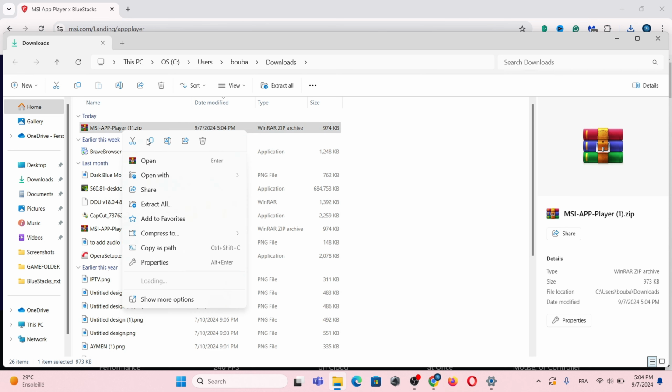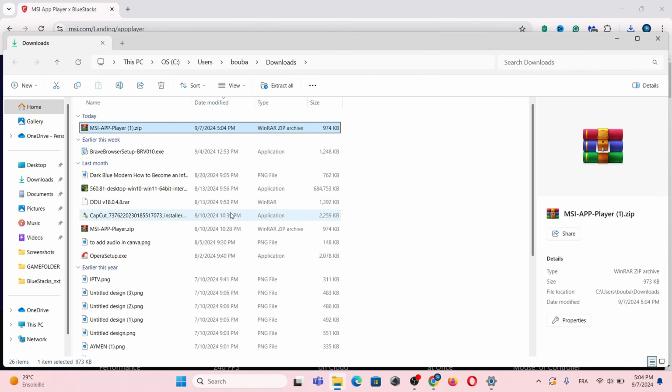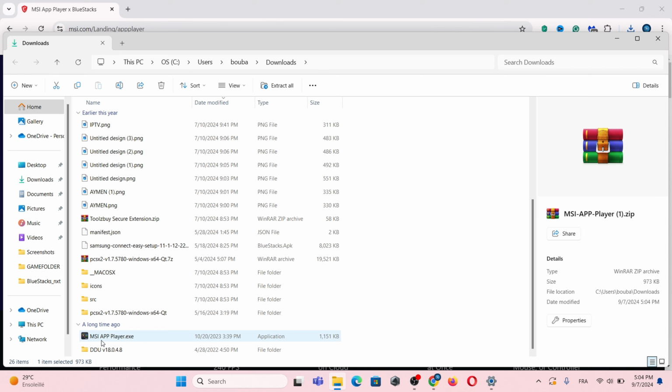Okay, and I will extract here. You need the WinRAR on your PC. So I do extract here. So right now I need to install the player. After we extract the file, we get this MSI App Player runner. So I double click on it,